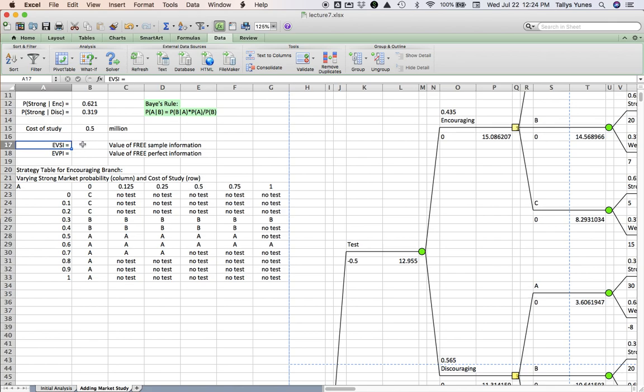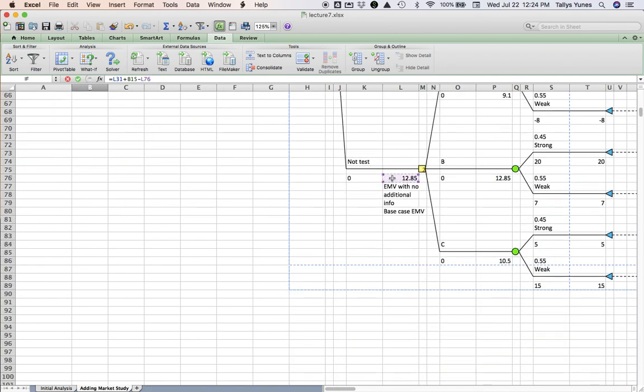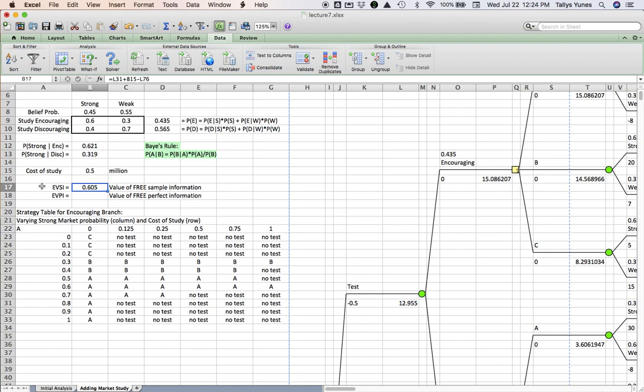Well, to calculate this, it's simple. You take this number here, which is discounting the cost of the test. So I'm going to add back that expense because I'm going to assume the test was free. And this is the overall improvement the test gives me. And I subtract from this number my base case, meaning what could I do by myself without the test's help. And this difference will give me the improvement caused by the test, had the test been free.